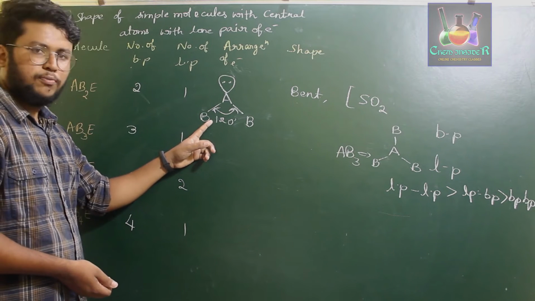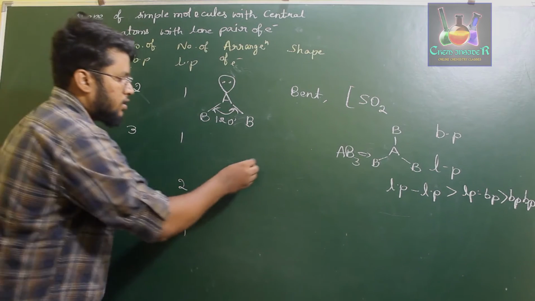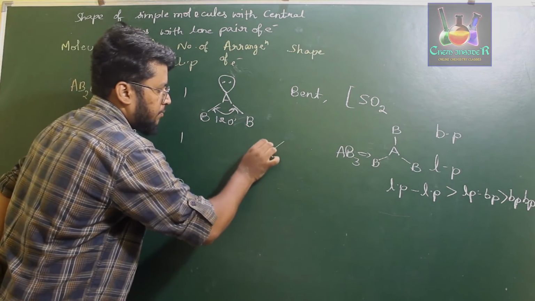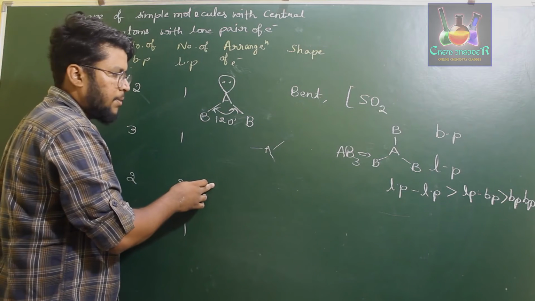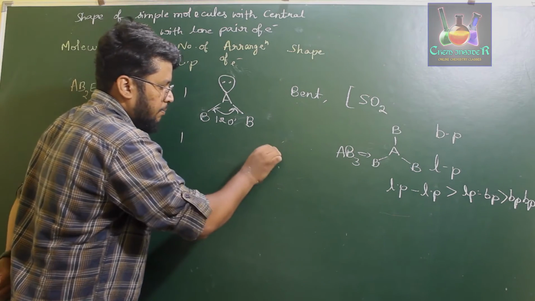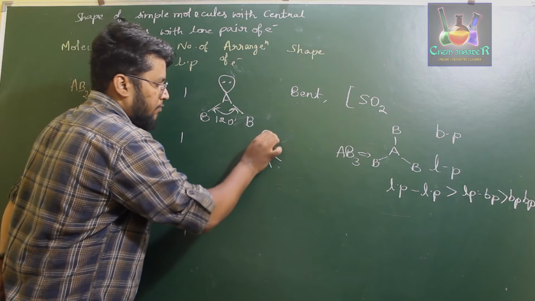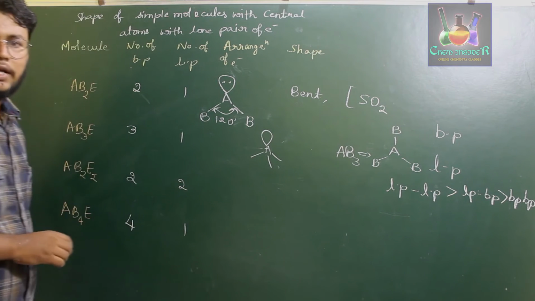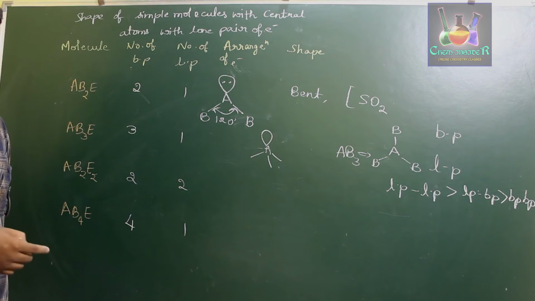Here this was just two bonds. Now in this case it is three bonds. Therefore, if you consider this as the shape of three B atoms, what happens is these three bonds will be bent towards the downward side, just like a pyramid, and the lone pair of electrons will be present above the central atom. So this will be a trigonal based pyramid.